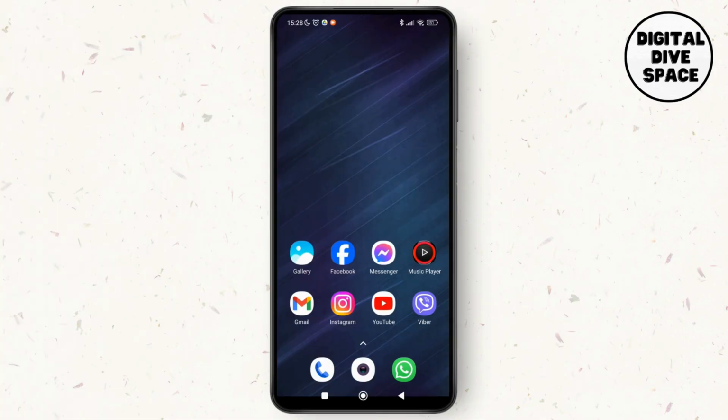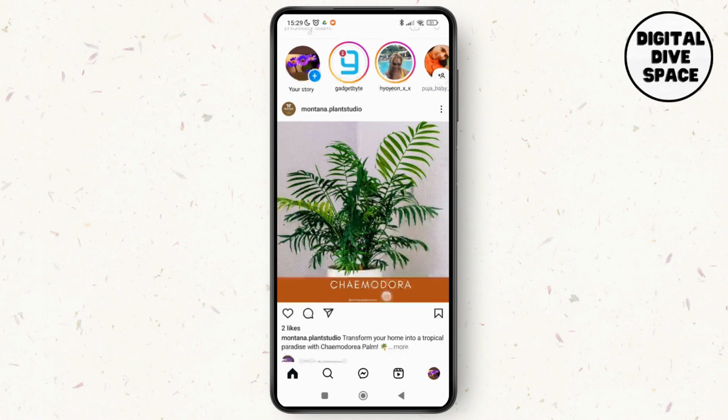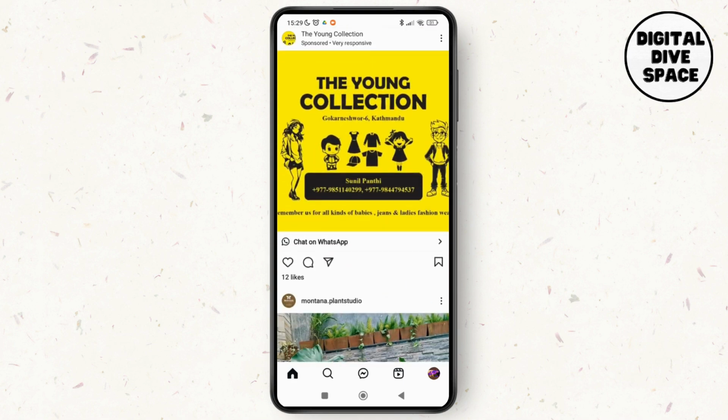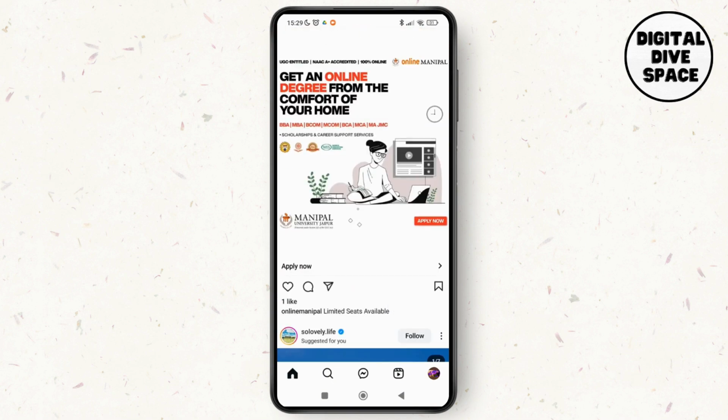So a lot of times you may receive a notification that your video has been locked or blocked from the profile. So when this kind of notification comes to your profile, do not delete the video. Rather, what you can do is just go to the notification center and then select the notification that says your video has been blocked. As you tap on that, you'll have two options: either removing the video or appeal. You have to select the appeal section, and as you tap on appeal you'll be able to tap